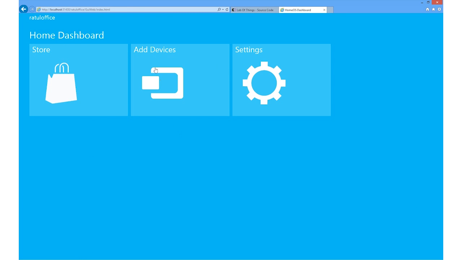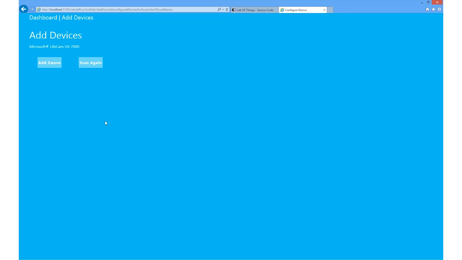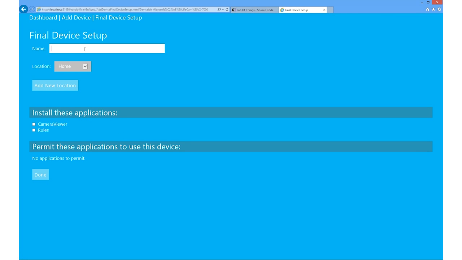So now we're at the dashboard. To quickly run through that this code is actually kind of running. I suppose we wanted to add, now this is empty, no devices, no apps are running. I can go to add devices. What just happened was that my webcam scout, which was part of that, it ran, it discovered this camera. So what I'll do is to